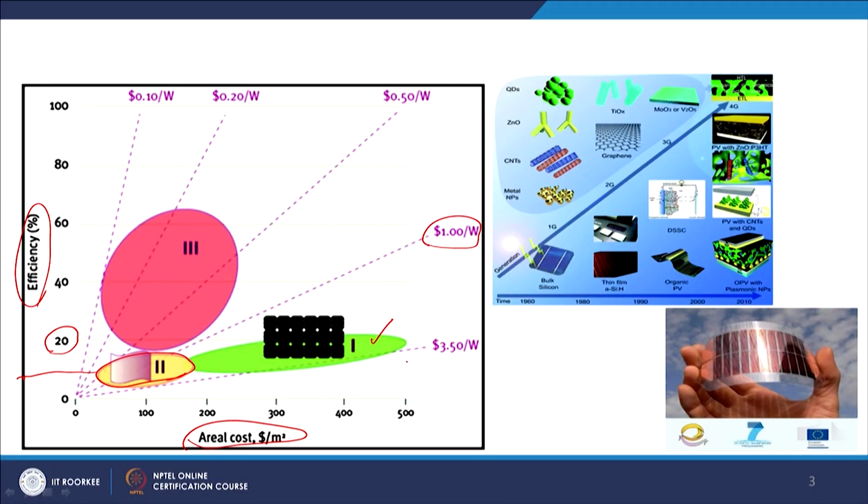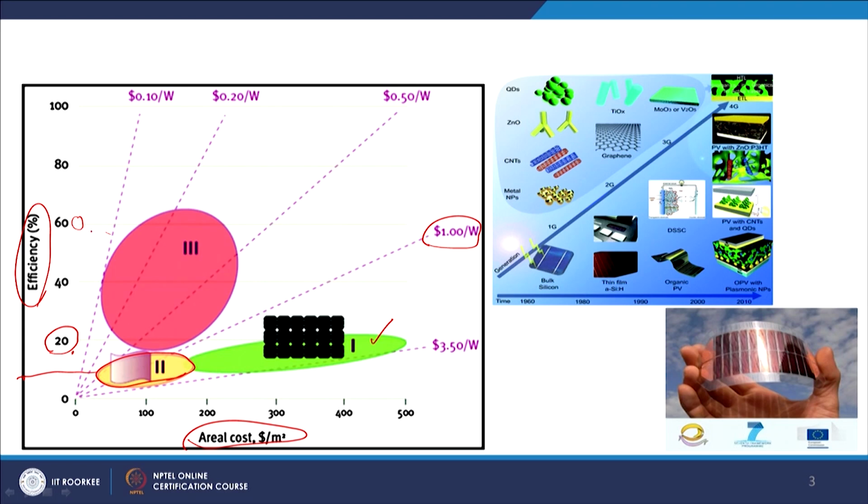Now, as we go further, we come to third generation solar cell. You can see that we have drawn a much larger pinkish red area for the third generation solar cells, and it covers a large range of efficiency, starting from its bottom at around 15 to 18%, all the way up to 60% efficiency. At the same time the cost varies, where it has an area with cost from 50 cent per watt to 20 cent per watt, to even lower, as low as 10 cent per watt. So, as we go to third generation solar cell, efficiency and the cost both get changed.